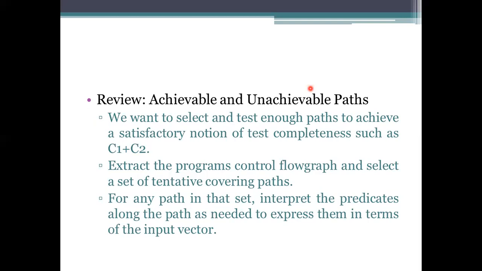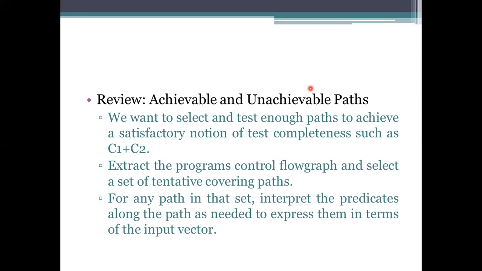Sometimes the predicate you have been using will be common for all paths. You also have to see that the process links have been processed. By that, you are taking the achievable and unachievable paths here. Achievable and unachievable paths have to be taken. So how are we going to process this? Here, cover all the paths. If a path is not achievable, it does not mean that it is not executing.